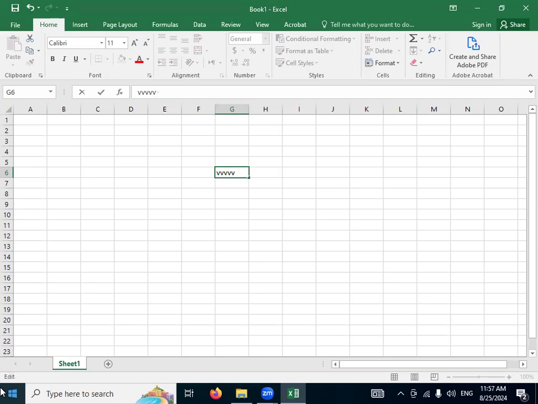But right now, keep one thing in your mind: the active cell in which you are writing something. What you have written in the active cell is displayed in the fx bar, and the address of your active cell will be displayed in the name box. For example, I'm going to highlight some other cell. Here I'm going to write something else, like my name. So you can see that C4 is displayed, and it is showing you Rida, what I have written in this active cell.